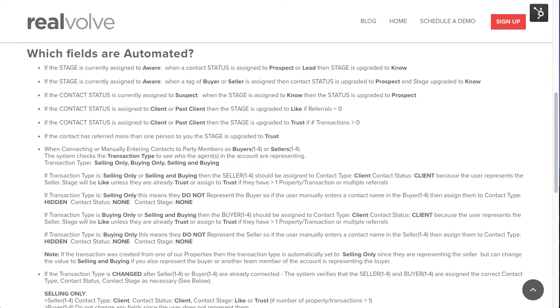When the contact is assigned to the People tab of a property or transaction as either a seller or a buyer, they are upgraded from a prospect or lead to client automatically, and the stage is set to like. Typically, people do business with you because they like you. If they've done more than one transaction with you, it's typically because they trust you, and we change the contact stage to trust. Once the transaction is closed, then the contact status is automatically changed from client to past client